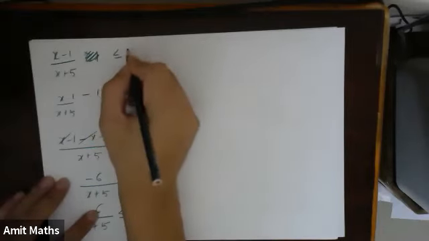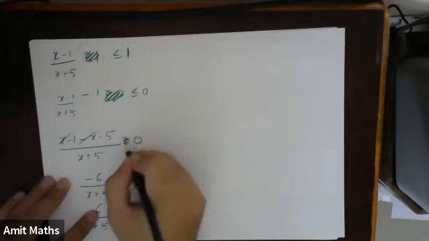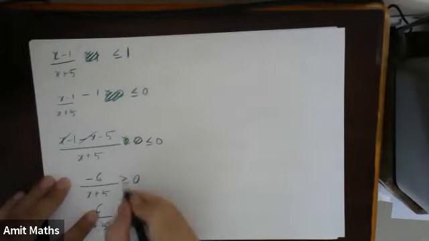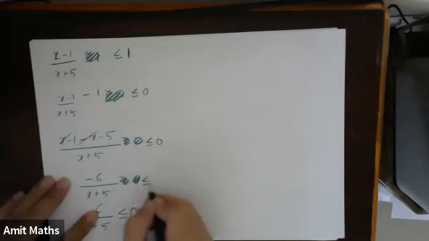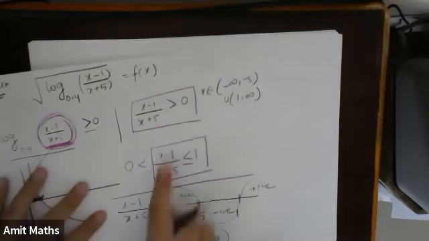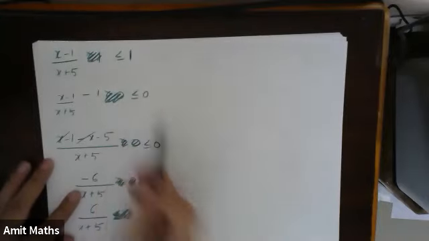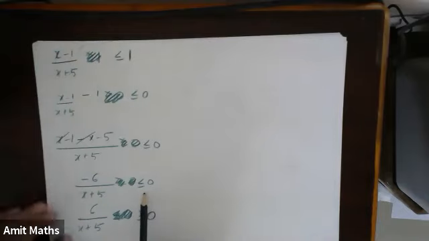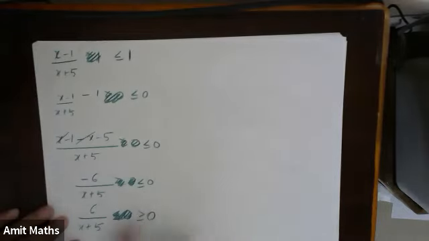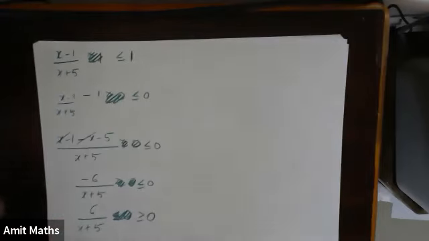So this has to be less than equals to 1. So less than equals to 1, I will bring this one on this side. So this will become minus 1. This will be less than equal to 0. And then afterwards, I will multiply with minus and bring everything on this side. So this has to be greater than equal to 0.